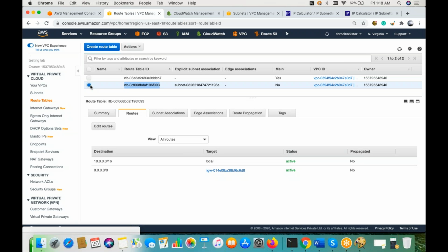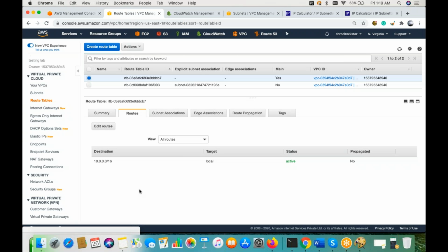Now see the difference. If you go into the other routing table, guys, there is no 0.0.0.0/0 route added. It means anything you create in the other subnet will not be able to access the internet, and this will be your totally private subnet. No one will even be able to touch your servers, like your app server, your database server, your critical servers. You can keep them inside the private subnet.